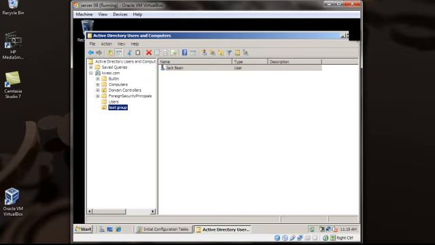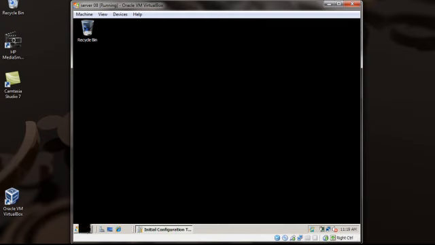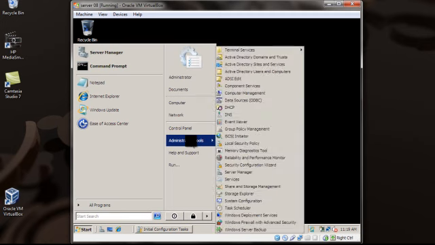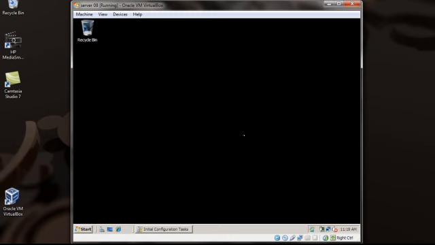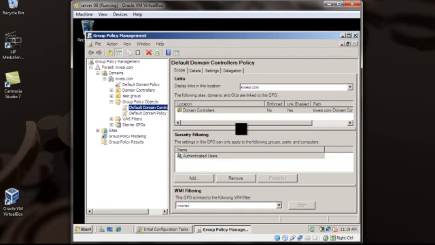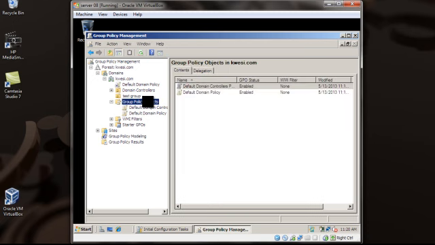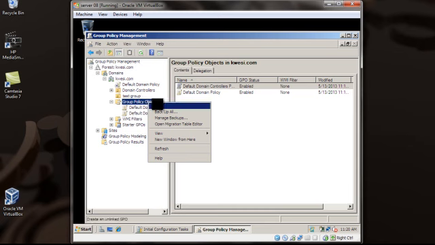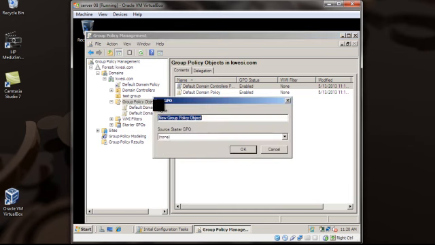So we can close this and go and configure the group policies now. In 2008, Group Policy Management has its own snap-in, so we enter here. You can see the test group here and Group Policy Objects here. We right click and create a new policy object, and we would name this